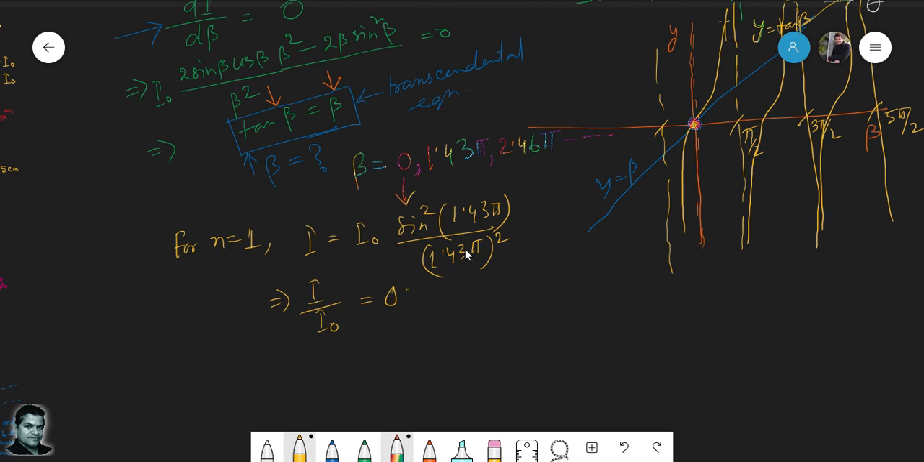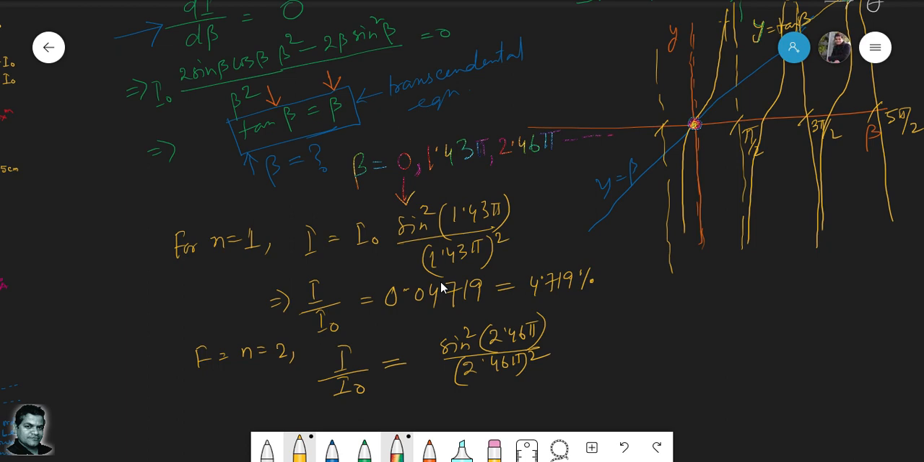This turns out to be 0.0719, which is nothing but 4.719 percent. For n is equal to 2, I by I naught is equal to sine square 2.46 pi divided by (2.46 pi) square, which is equal to 0.01647, which is nothing but